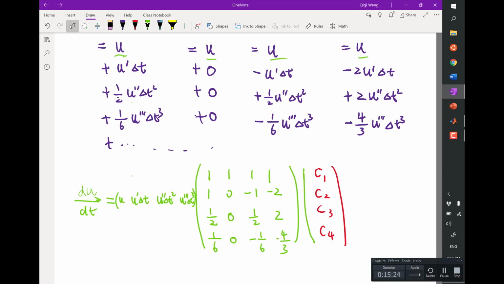Okay, right? So essentially what I want is, because I want du/dt, I want the first order derivative. Let me just rewrite it as u prime. I really want the u term to disappear, right? I don't want my derivative approximation to depend on the actual height of the function. I want my u double prime term to disappear because I don't want a first order scheme. Also, if I want a third order scheme, I also don't want the second order error term. So I want this also to be 0. Which means that when I multiply this part of the matrix